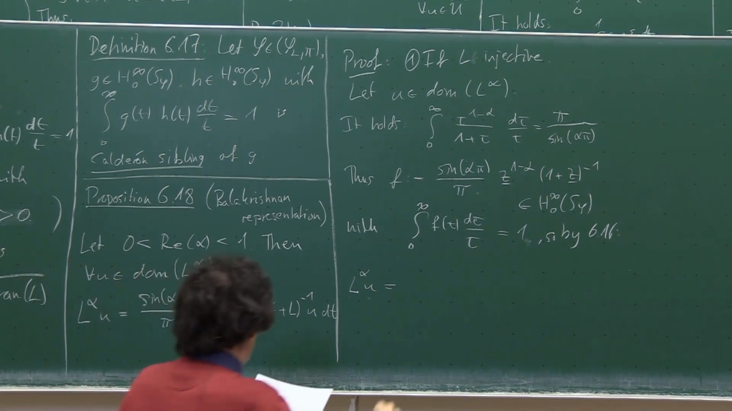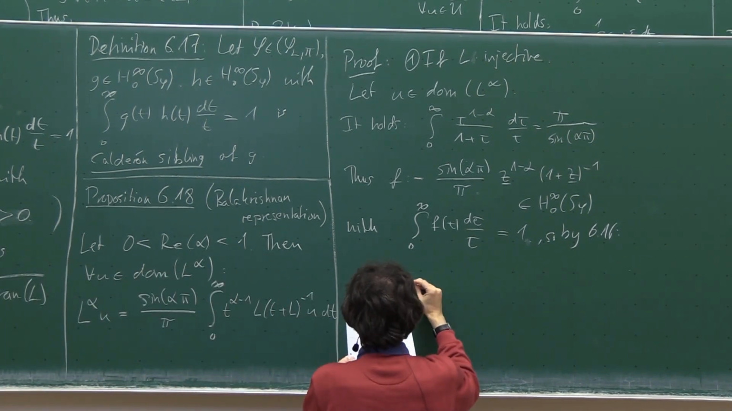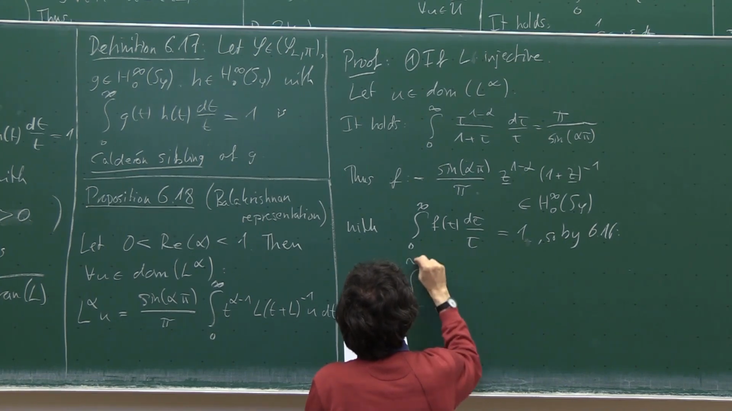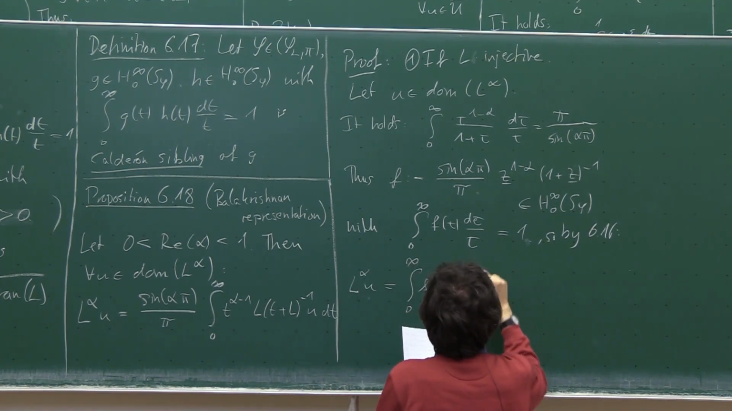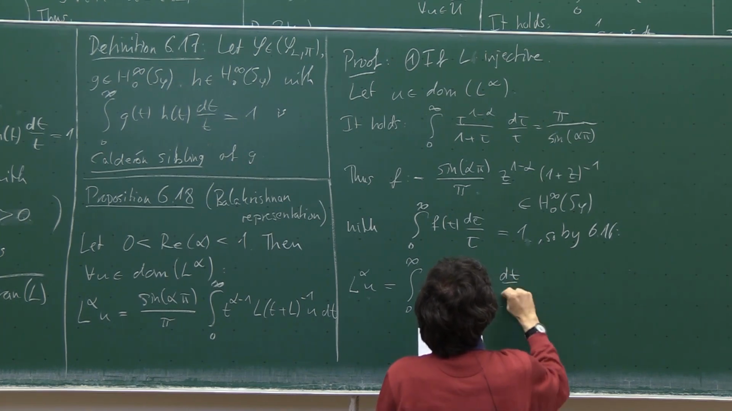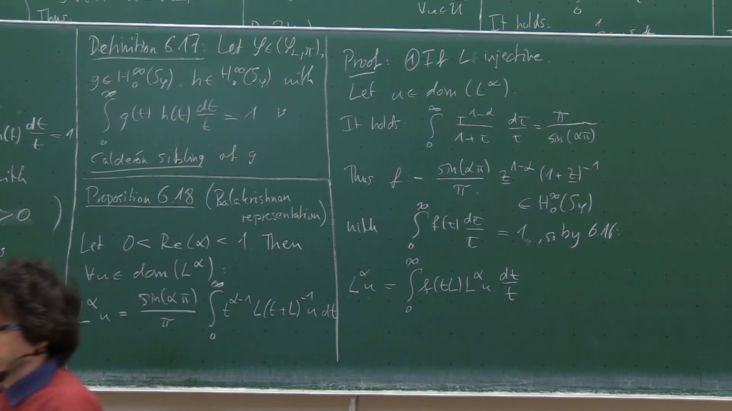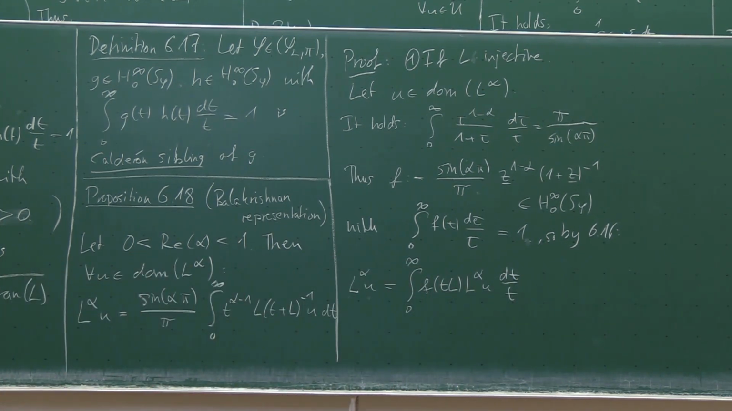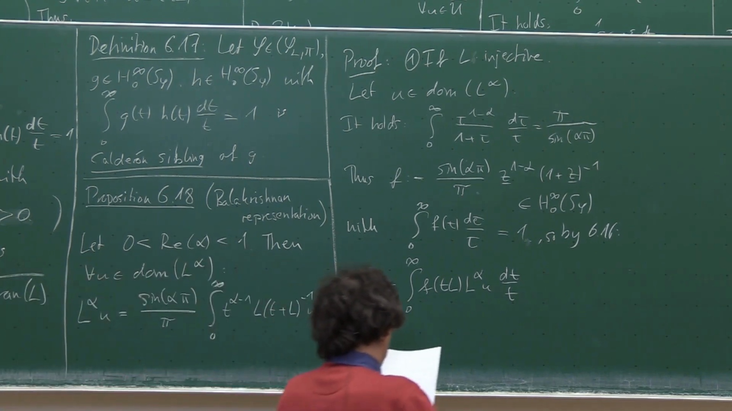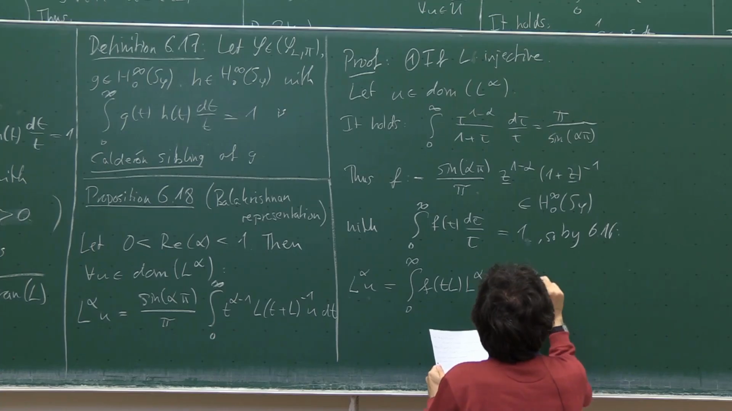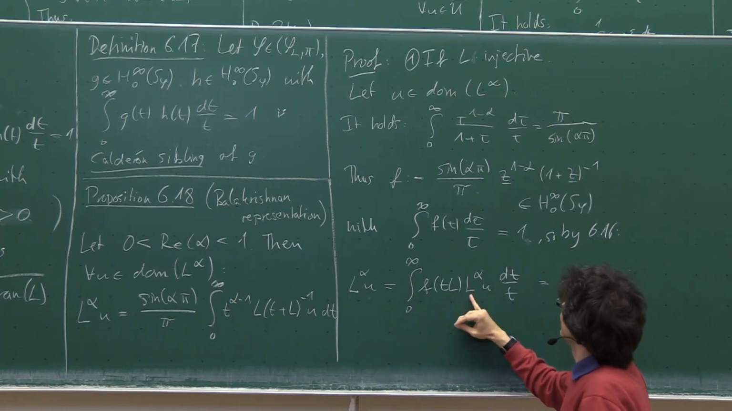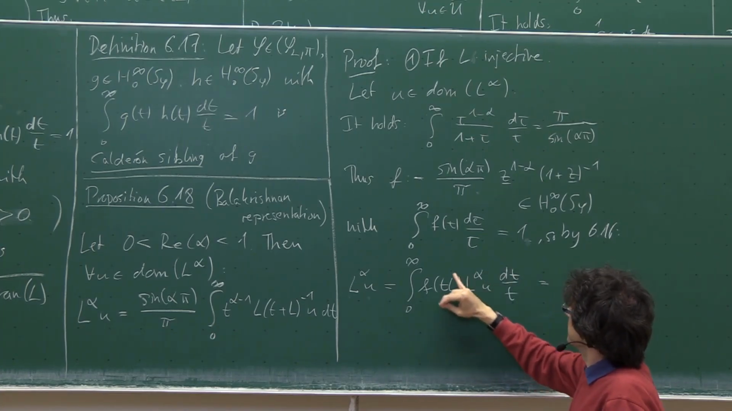And this gives us the integral from 0 to infinity f of tL, L to the alpha u, dt over t. So this is the Calderon reproducing formula for this function f and for the element L to the alpha u. Now put in the f, or see another way. So this is